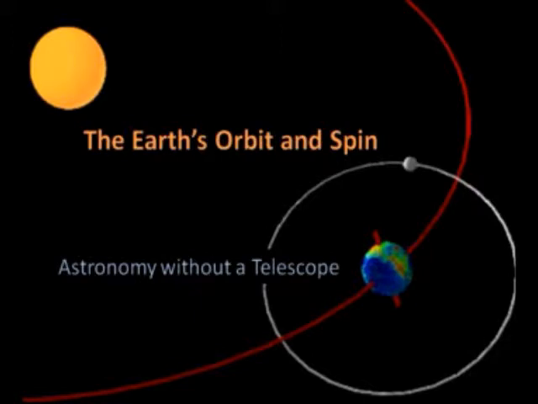The Earth's orbit and spin. Astronomy without a telescope. Copernicus is considered to be the founder of modern astronomy. He made his observations prior to the invention of the telescope and determined that the Earth rotated on its axis